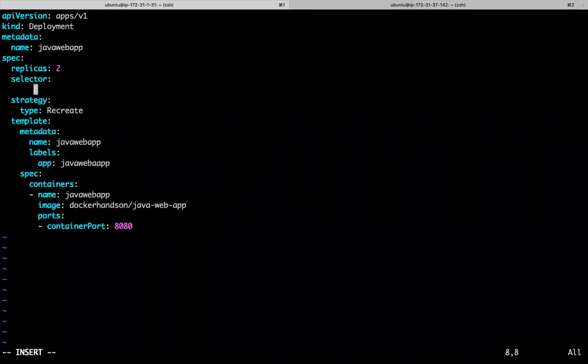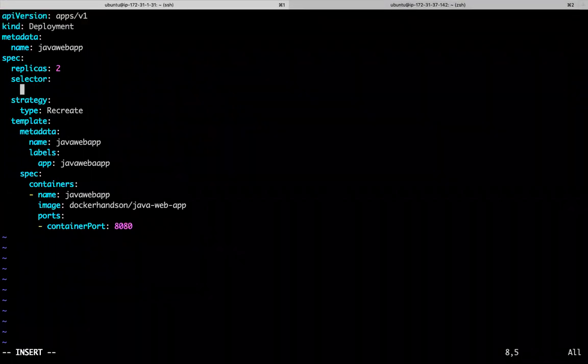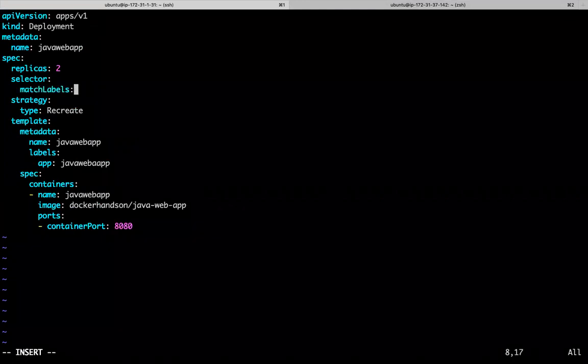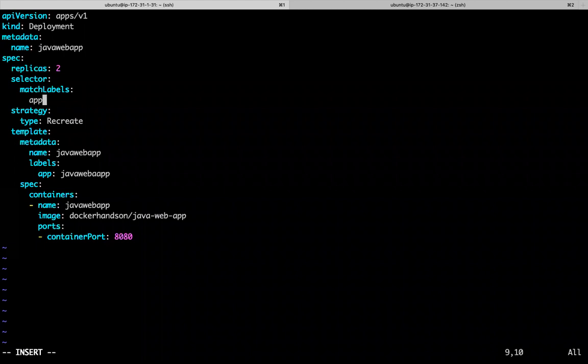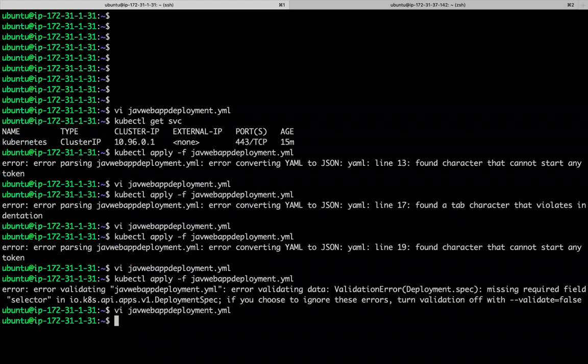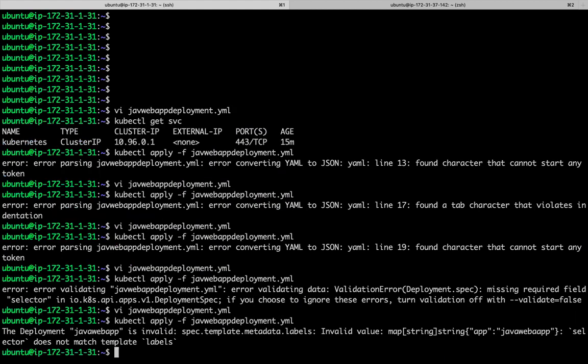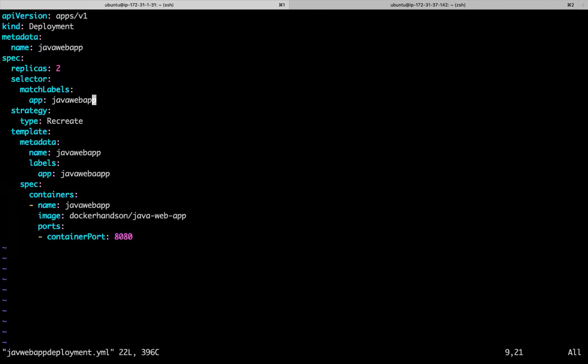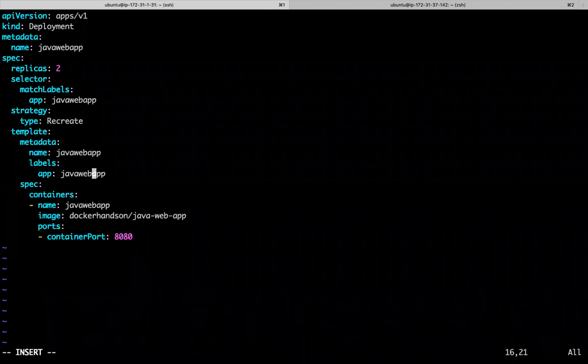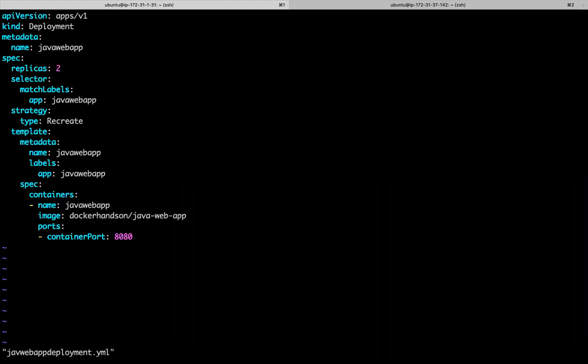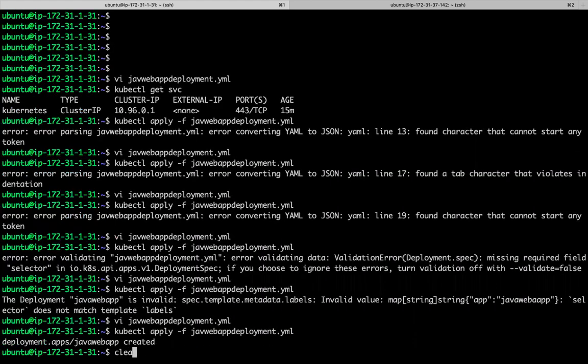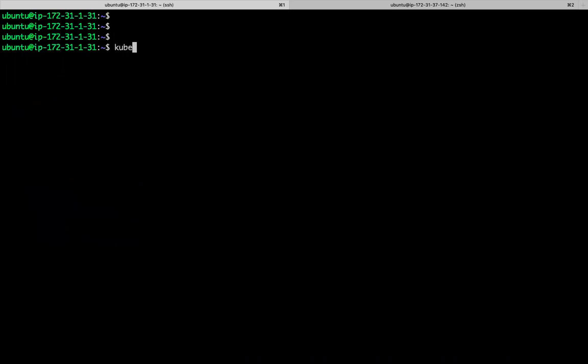Again, this is going to create a replica set, guys. You can use this. Invalid value. There is a typo again. The labels and selectors are not matching. Now the deployment is created. If you see,